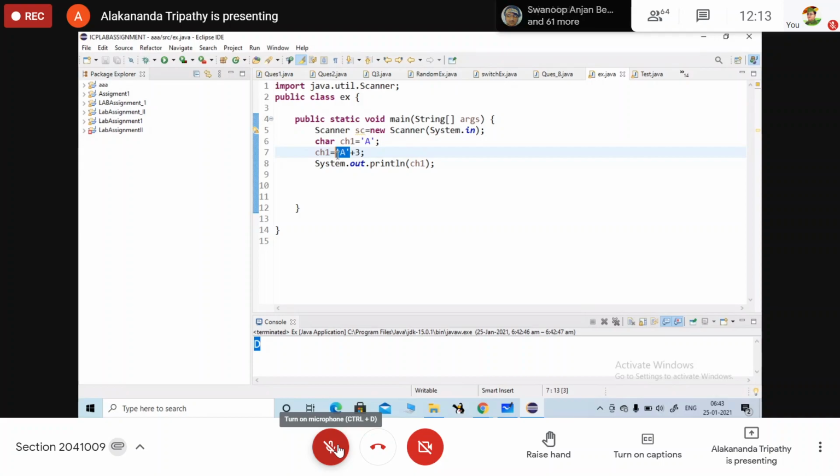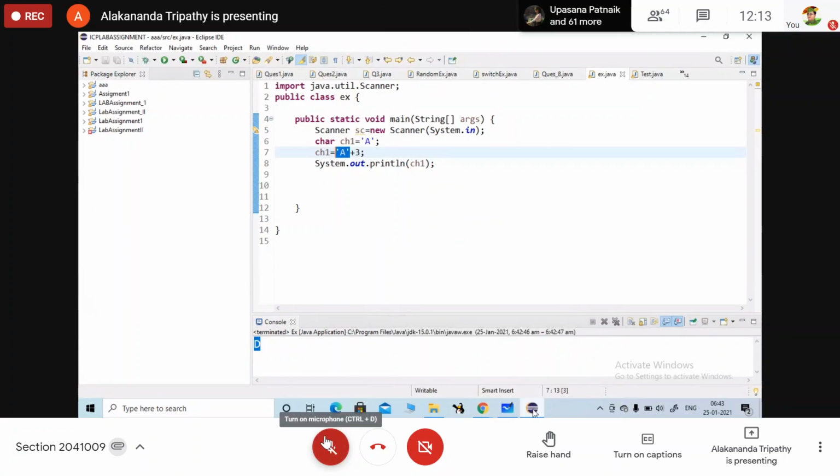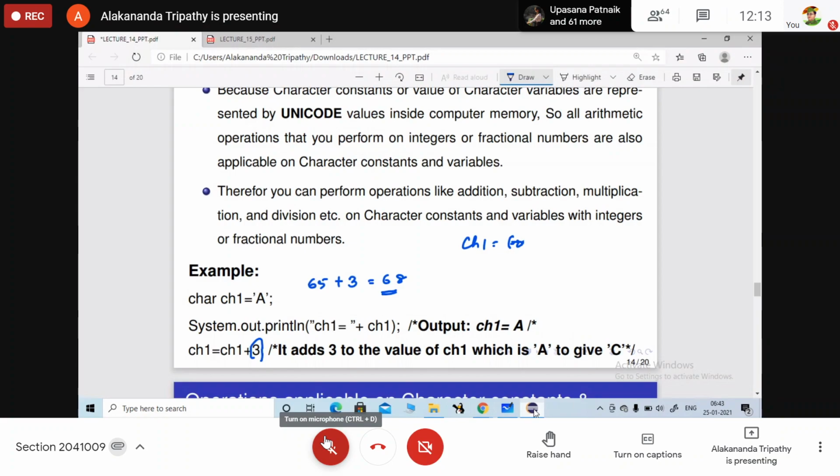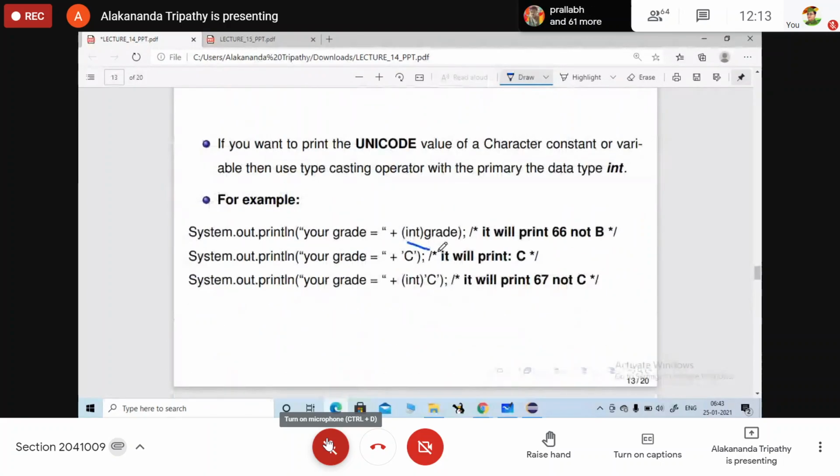So as the Unicode value of A is 65, 65 is represented in which form? int. Integer.